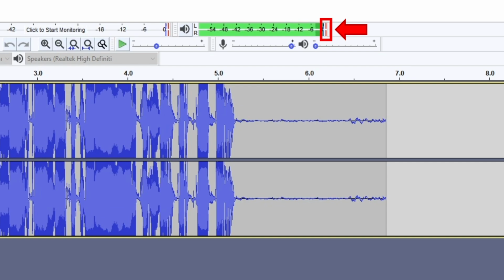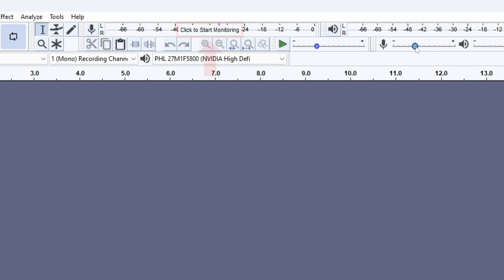Remember that when this red light on the monitor turns on, it means that clipping has occurred. If you click where it says "Click to start monitoring," you will be able to see the microphone levels before you start recording. The blue bar marks the maximum detected, and I would recommend that it reaches between -12 and -6 decibels while you're talking.